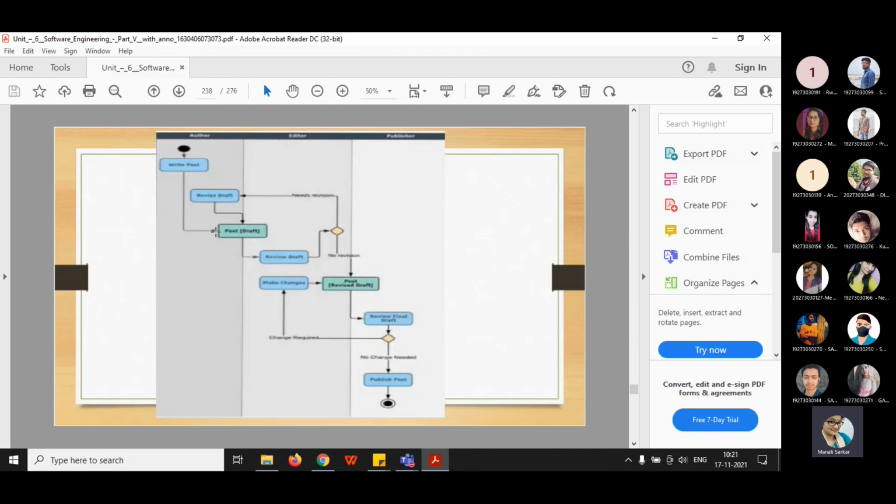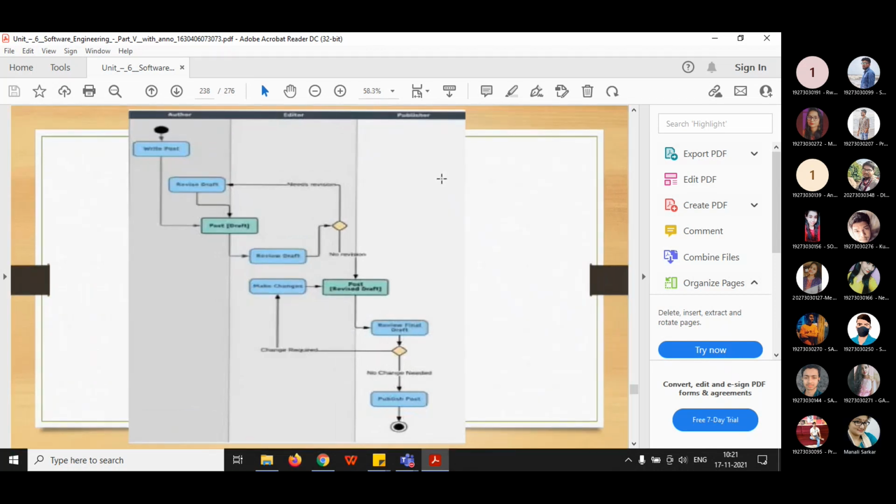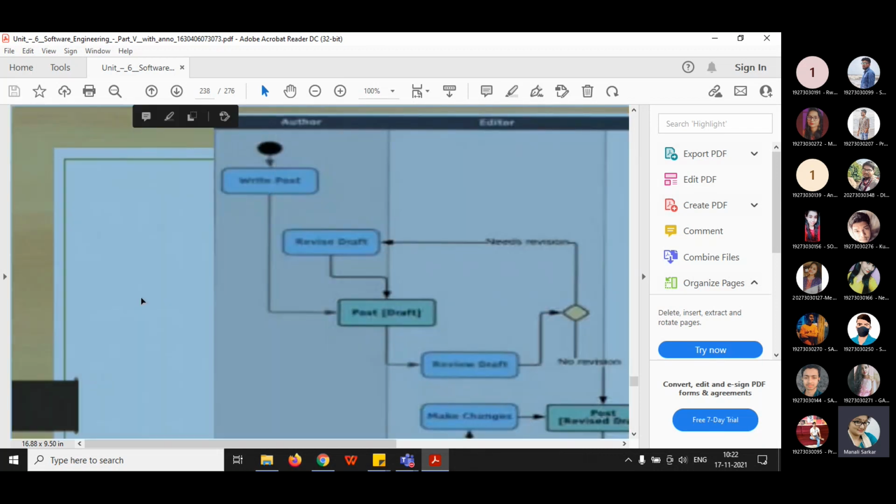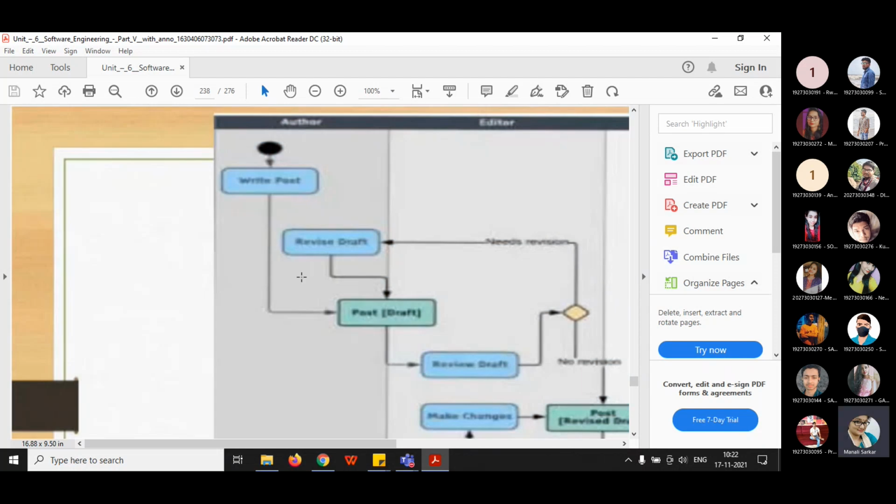See here, there are three parts, that is author, editor and publisher. The author writes the post. First it is writing the post, and after that, the flow is going on like this. After writing the post, it is saved to draft, and you can also revise those drafts.